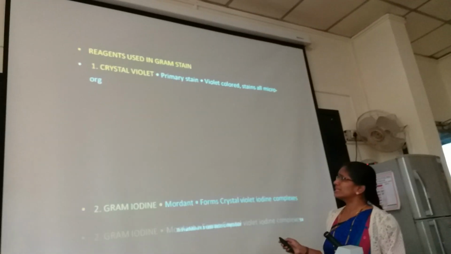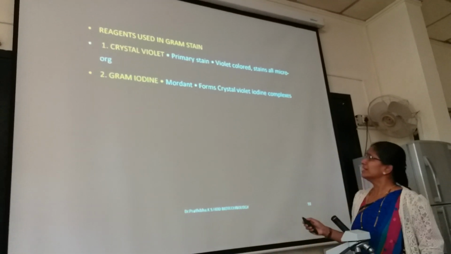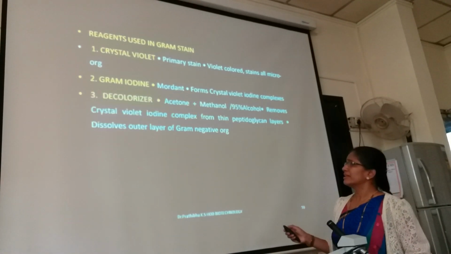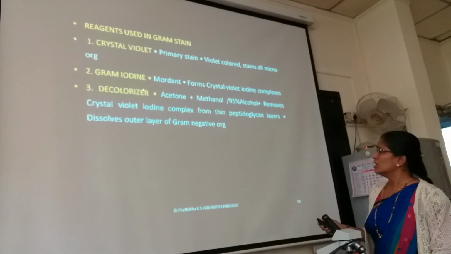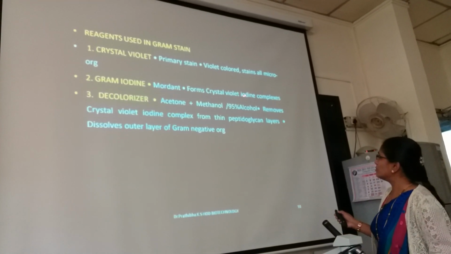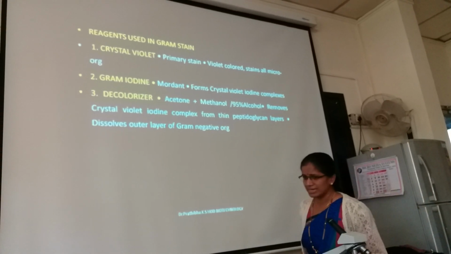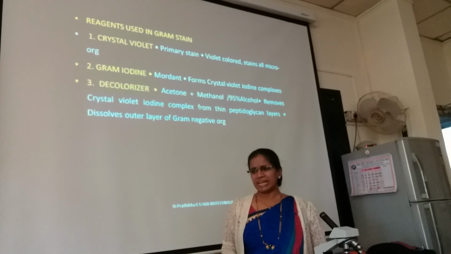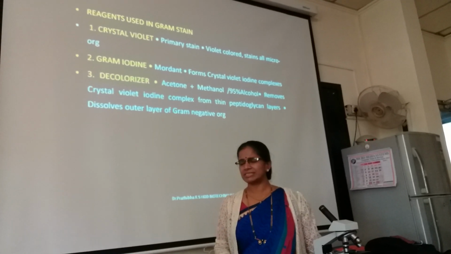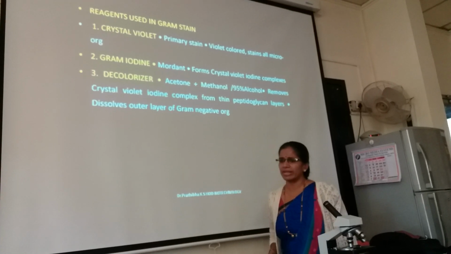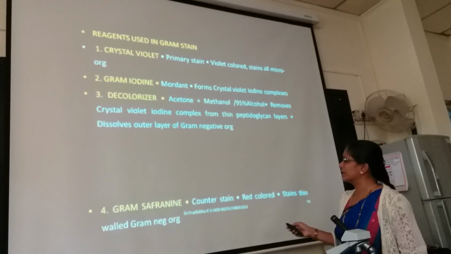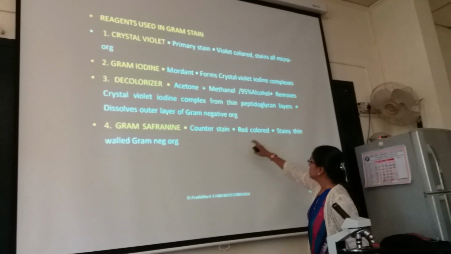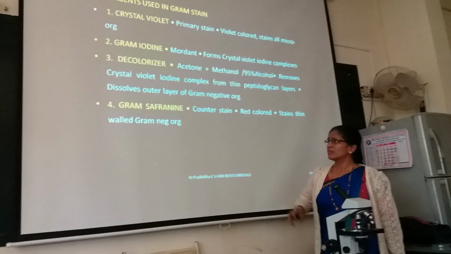Okay, what reagents are used in gram staining and their role. Crystal violet, that is the primary stain, violet colored, stains all the microorganisms irrespective of any kind of chemical composition, whereas Gram's iodine, which is a mordant, forms crystal violet iodine complexes, right. Next one is the decolorizer. We can use acetone or methanol or 95% alcohol as decolorizer, which removes the crystal violet iodine complex from thin peptidoglycan layers and dissolves the outer layer of the gram negative organism. Then safranin, which is a counter stain or secondary stain, which is red in color and stains thin walled